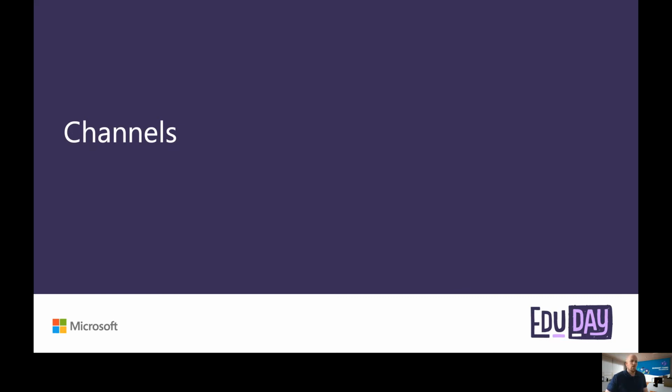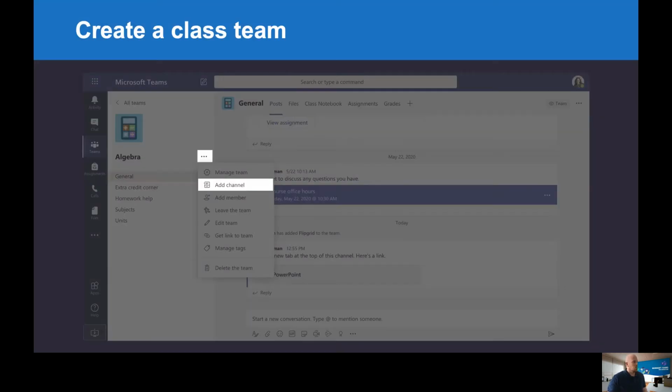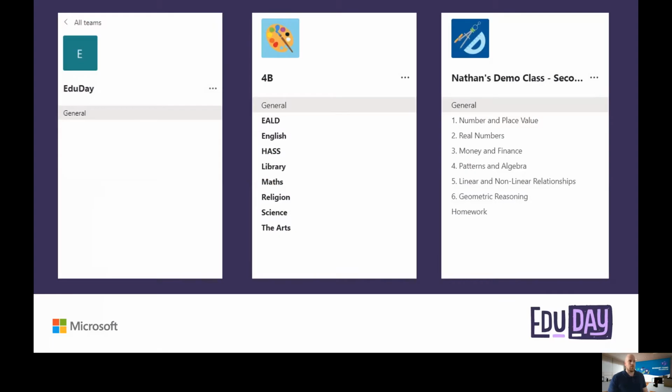The first thing we're going to have a look at is how we might like to set up our channels. Channels appear in the left rail, and you can create whatever channels that you like. We do that by clicking on what's called the ellipses tool, which is the top yellow one, and then clicking on Add Channel. So before we do that, let's just have a look at a few examples here.